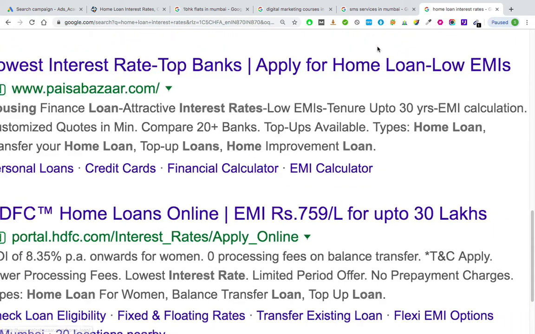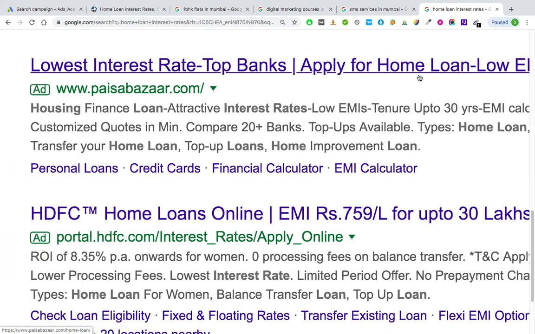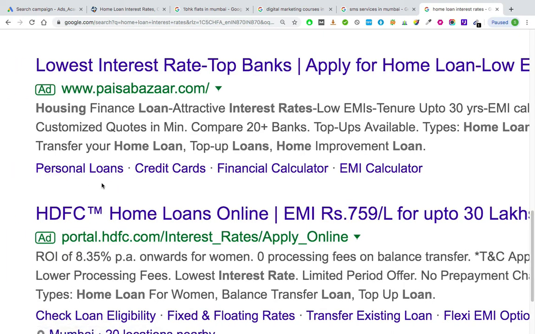But if my ad is about personal loan, then the extensions can be about personal loan. The site links can be around personal loan. Check eligibility for personal loan, check your EMI for personal loan, check the documentation list for personal loan, and it can be contact us, right, or compare top banks. So that is how you add site links. Okay, so site links are links to other important pages, but they should be related to the current product that you're marketing.